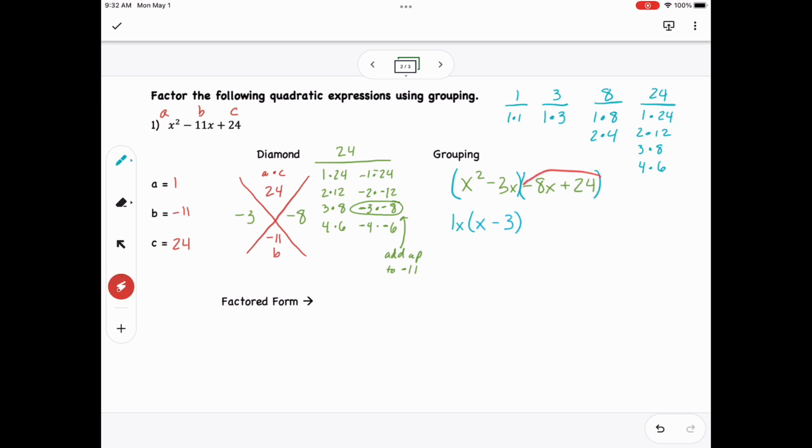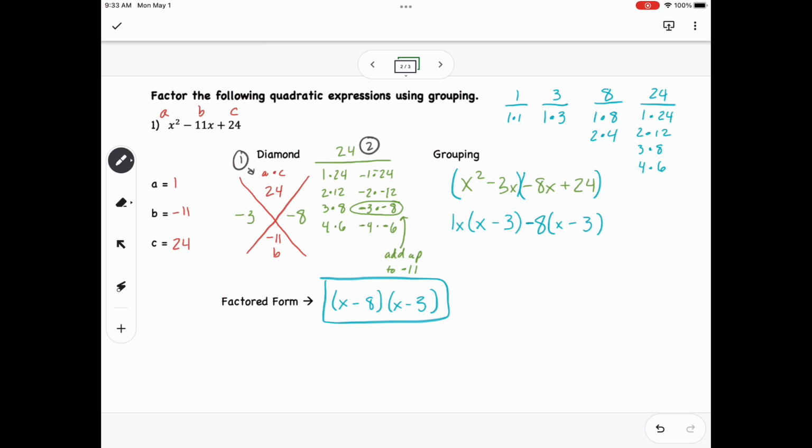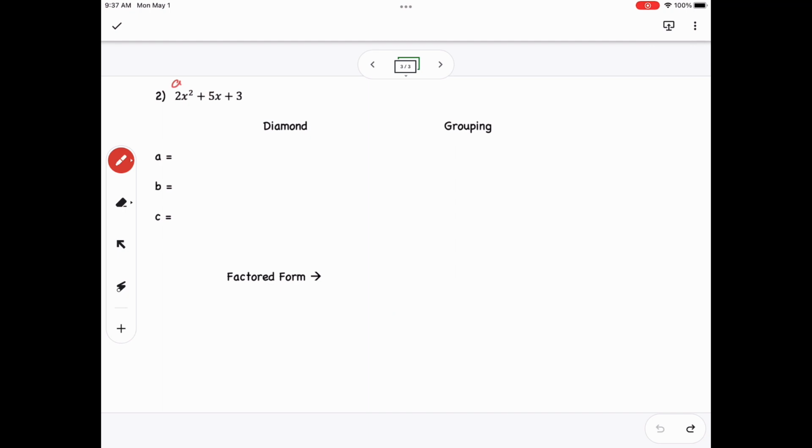For negative 8x and 24, it looks like I have an 8 in common. Now, because I have an x minus 3, if I leave the negative inside, I don't get the same signs. So I have to pull out a negative 8 to make them the same. That's the only way grouping really works, if your leftovers are the same for both. So I factored it out to get x minus 8 times x minus 3. And so I had all the same steps: diamond method, factors, group them, use your parentheses, then take out the greatest common factor,